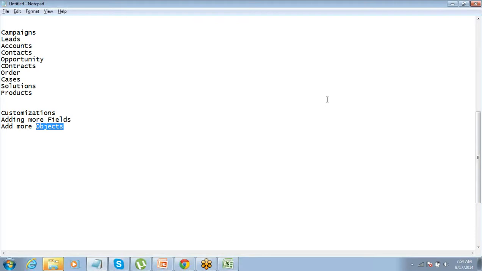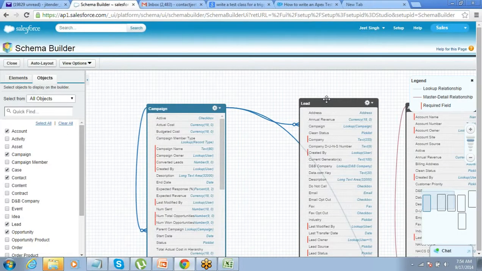Whenever there is an order, they want to link a shipment with the order, and they want to track all the details. That shipment information cannot be saved in any of these tables, right? All these tables already have their own set of information. So then what you have to do? You have to create one more table. Got this? So that is how our customization works in Salesforce.